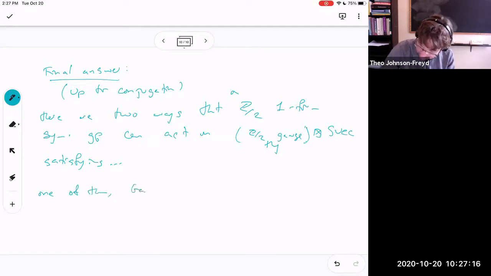the sort of Galois group, think of this as a Galois group. And my pencil's out of juice, I'm sorry, but my time is out anyway, so I'm going to say this in words while the pencil recharges. In one of them, the Galois group acts without a gauge 't Hooft anomaly, and the other one it acts with an anomaly. And I wish I had time to tell you what those meant.